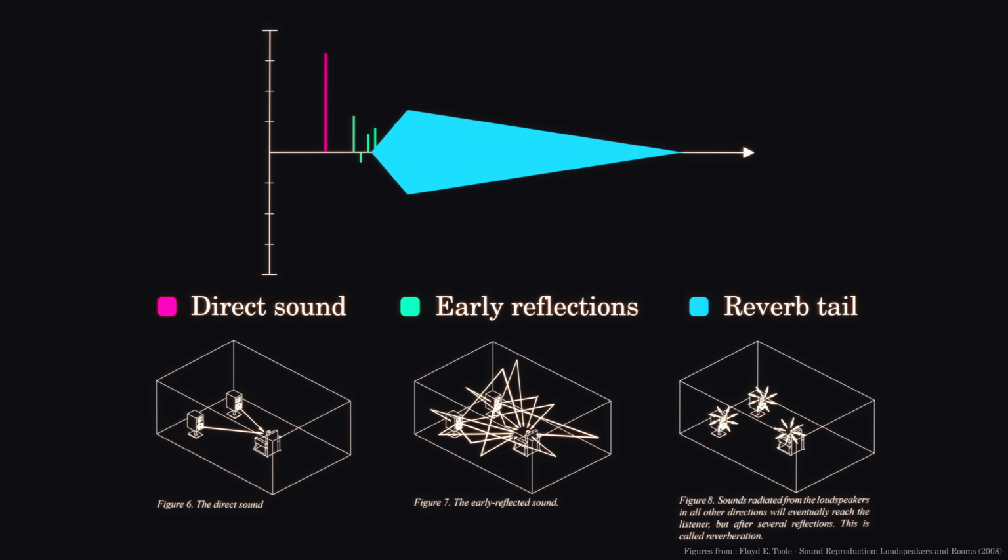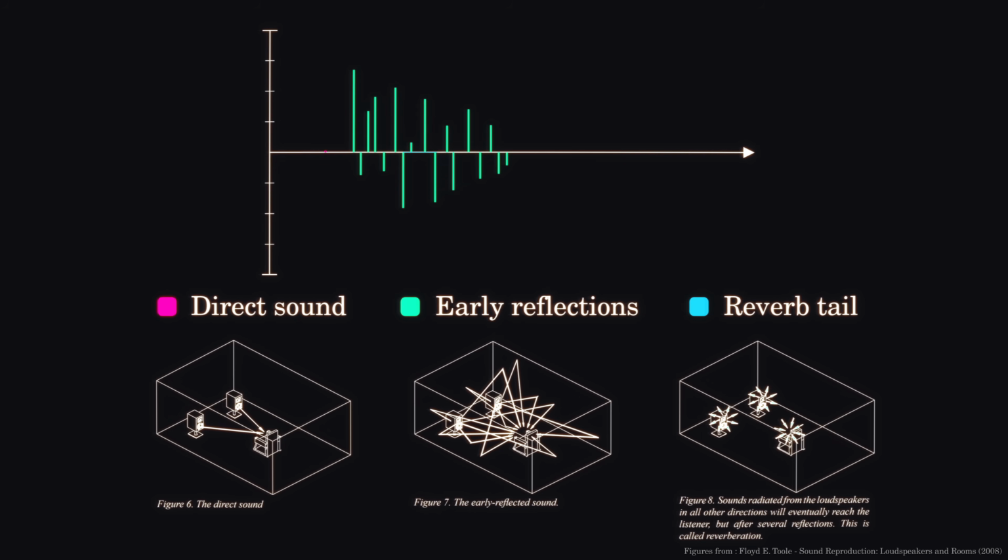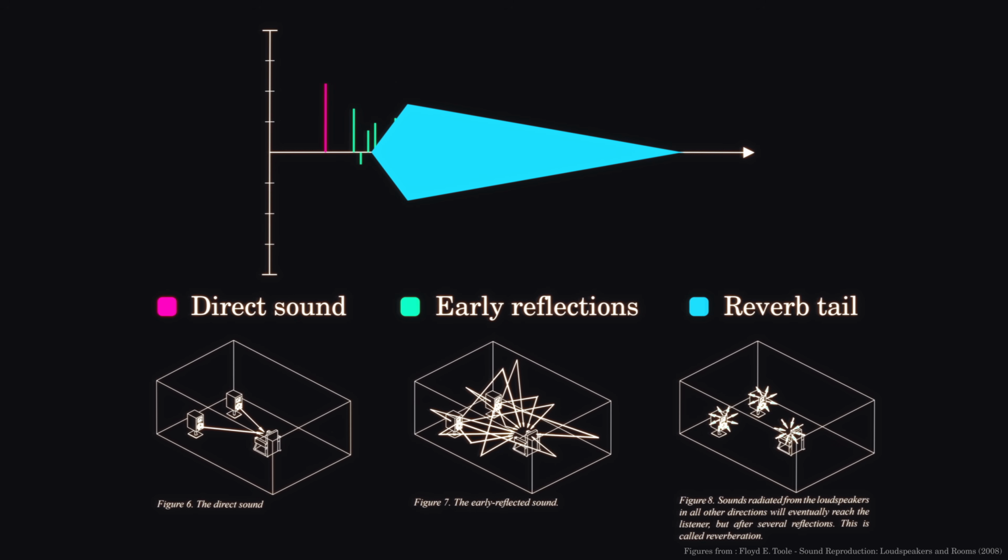The balance between these three elements is essential to control the amount, character, and clarity of the reverb. So what my hybrid model does is